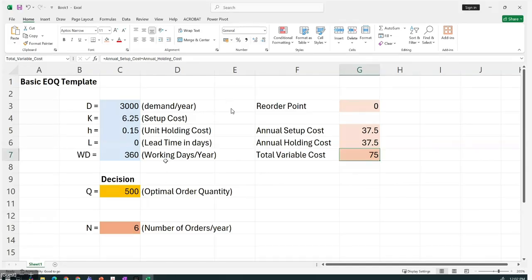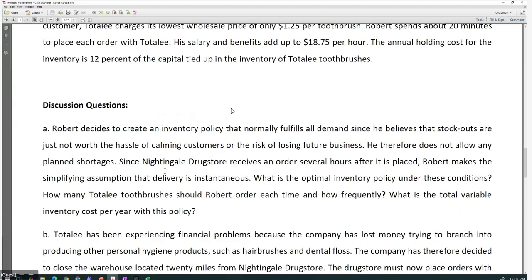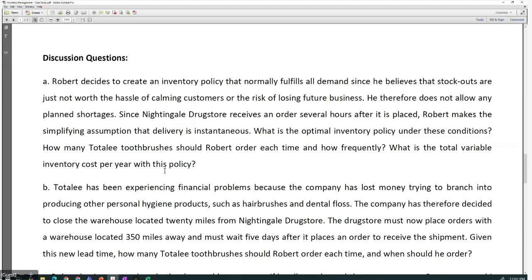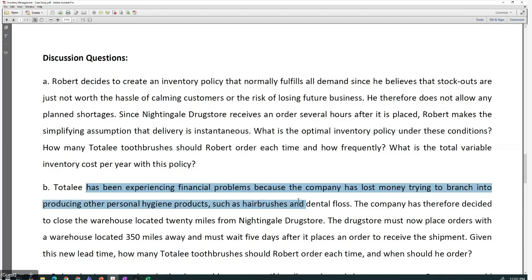We built a basic EOQ template. Now let's look at part B of the scenario. Totally has been experiencing financial problems because the company has lost money trying to branch into producing other personal hygiene